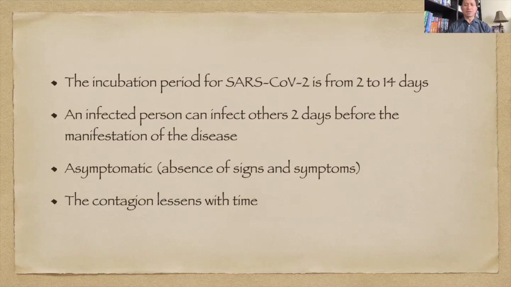And it says here the contagion lessens with time, meaning the communicability of this COVID-19 lessens with time. So if you get infection today, you manifest your signs and symptoms for the first time today, as time passes by, your immune system is building up and you are fighting back the infection, and the contagion lessens with time. And you are on that path to healing.